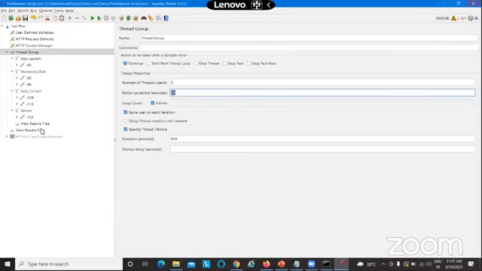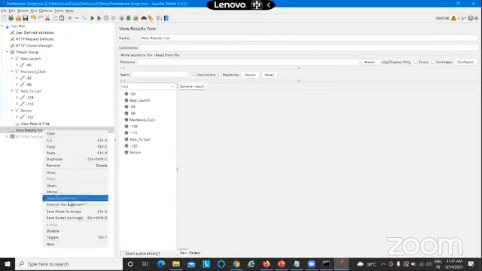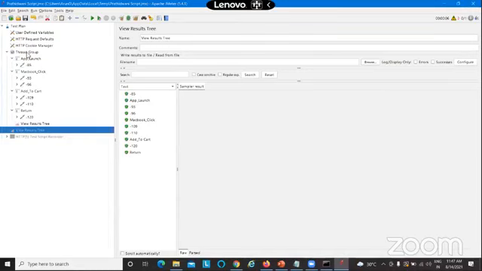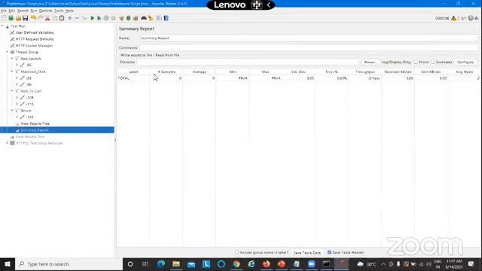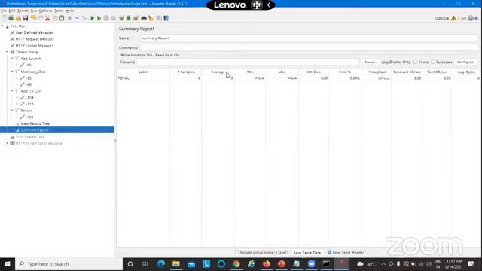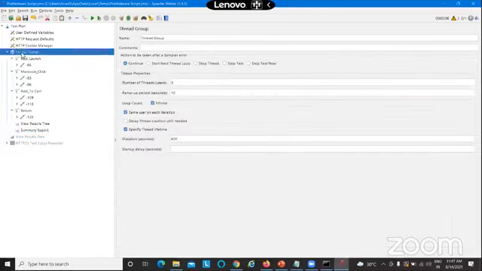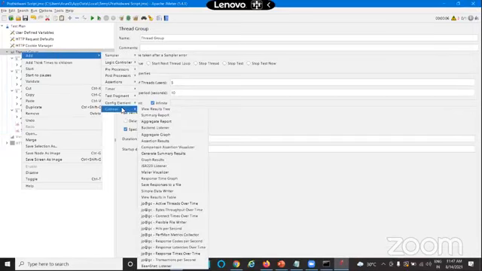Okay. And while running it, I think we can disable the view results tree. And I'm going to add few more reports, that is listeners. So if you want to see how the application is performing, you have to add proper listeners to your script. So the first listener I'm adding is a summary report. So you could see that the summary reports will tell you what is the average, minimum, maximum, standard deviation, etc. and everything. And I'm going to add a listener called